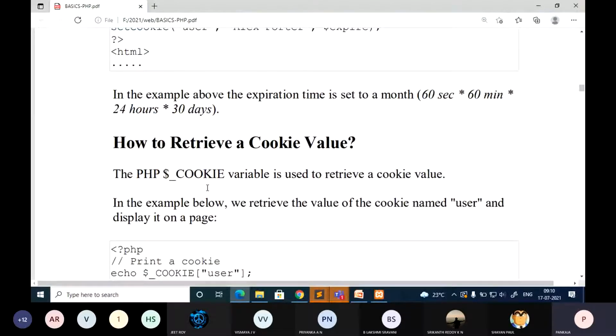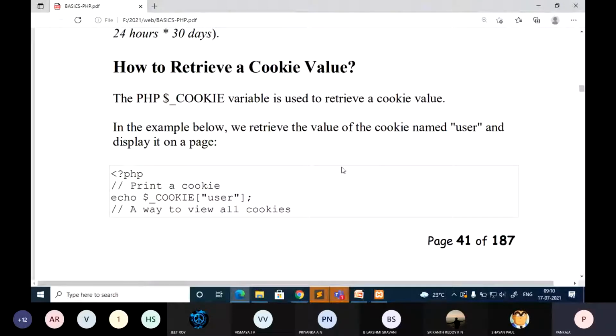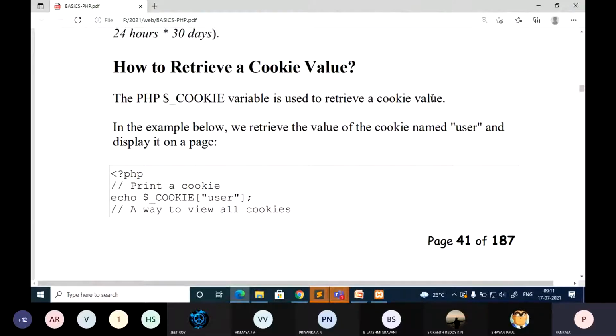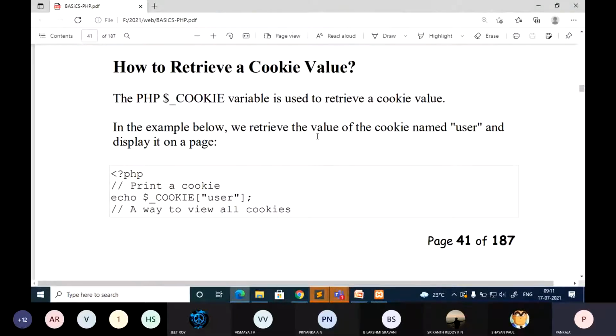So next, once setcookie is done, in case you want to know what is the value assigned, what are the login details of that particular cookie, you need to use this global array. Okay, $_COOKIE, this is a super global array. So the $_COOKIE variable is used to retrieve the cookie value. If you want the username, that is the name, or if you want the value, correspondingly you need to specify. It is an associative array.